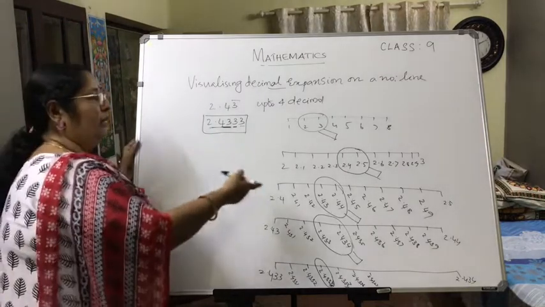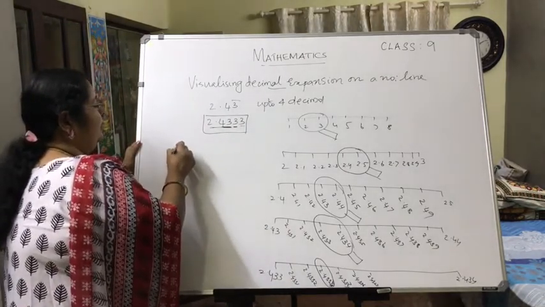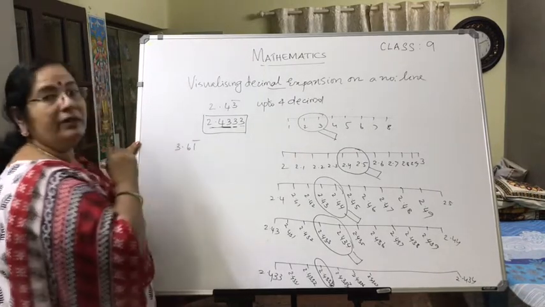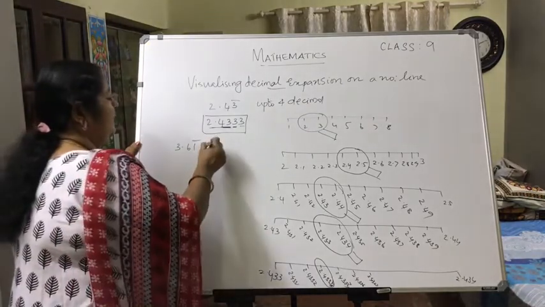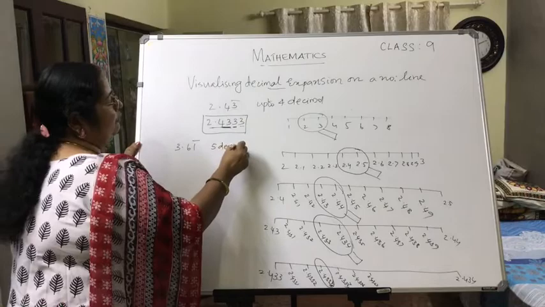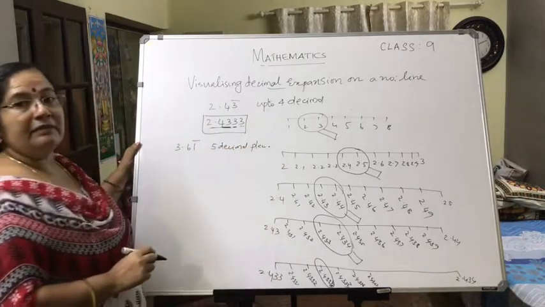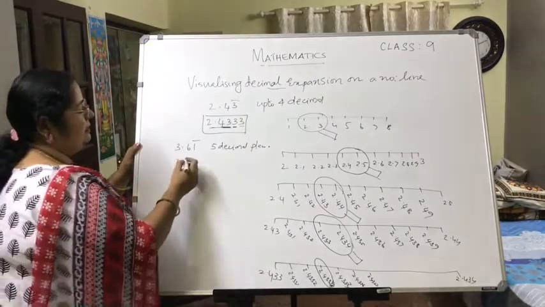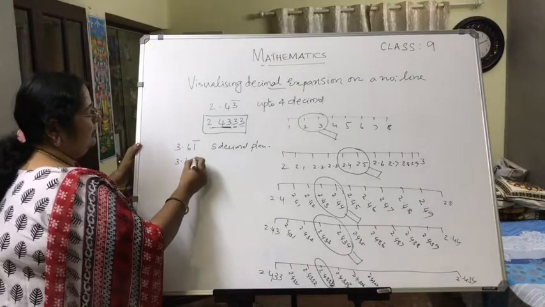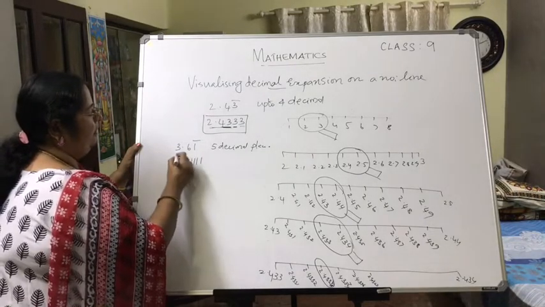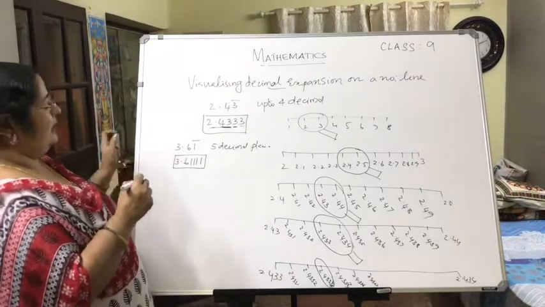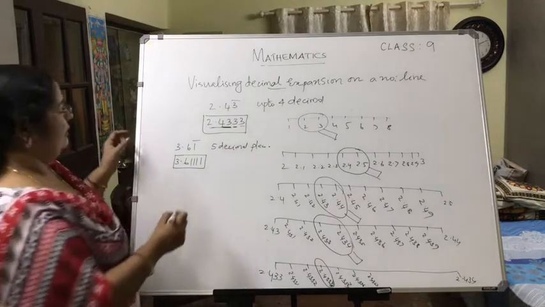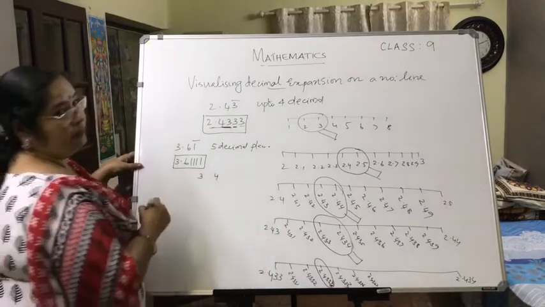Now one more question I will tell you. Suppose it is 3.61 bar, 3.61 bar up to 5 decimal places. 5 decimal places means this will be 3.6, and the repeating digit is 1. So 6, 1, 2 places, again a 1, 3, 4, 5. This will be the representation: 3.61111. So first consideration, 3.6. It will be between 3 and 4.